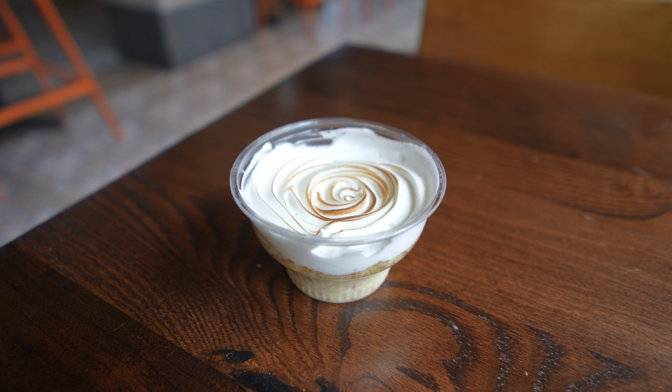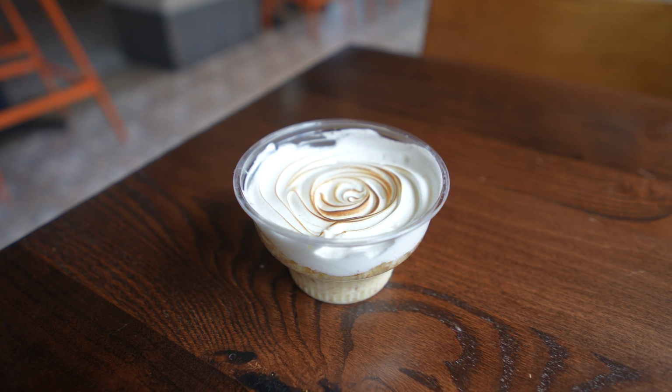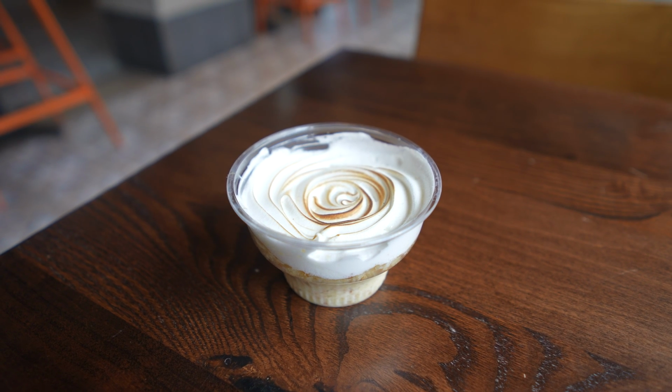I cared for neither dessert. The tres leches had the milk taste, but the texture just completely lost me. So I would say, if you love tres leches, just wait until you know where you can get it at a place you love it, and just have it there. Don't have this one. And the cupcake cheesecake, I'm going to kind of counter both of you, because I do believe